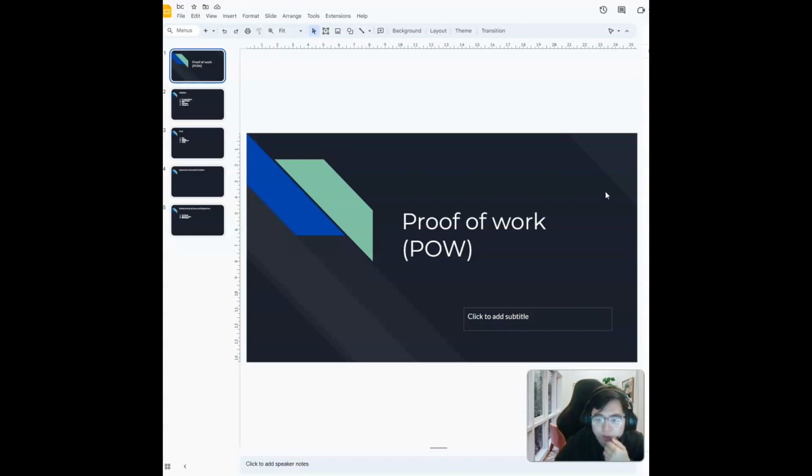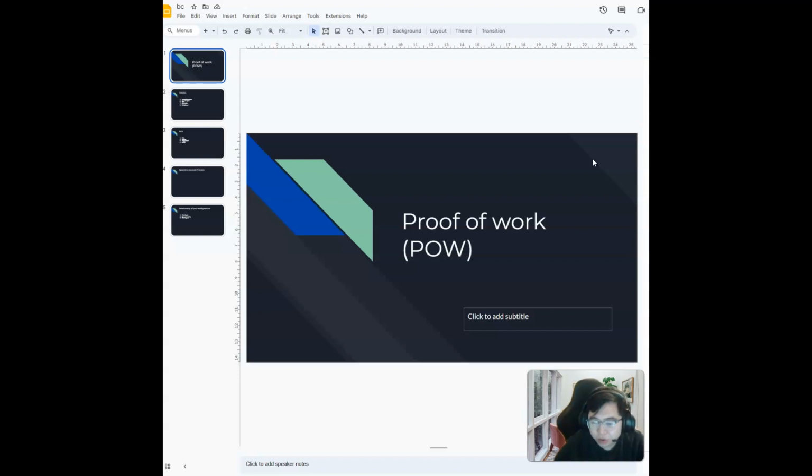In a proof of work system like Bitcoin, mining involves using computer power to solve complex mathematical problems that validate transactions and create new blocks on the blockchain. So the first step is transaction verification, which means that the miner collects a set of unverified transactions from the network's mempool into the new block.